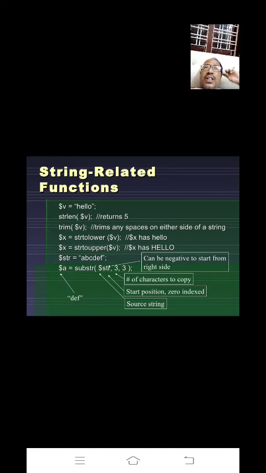Generally functions are of two types, as you already know: user defined functions and predefined functions. User defined functions are nothing but programmer defined functions.